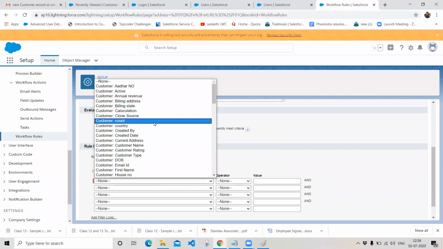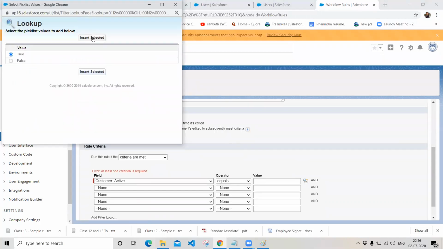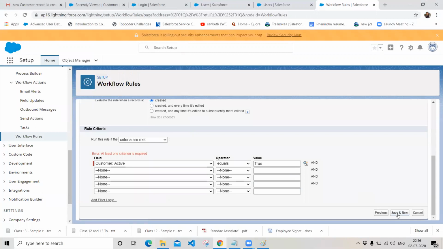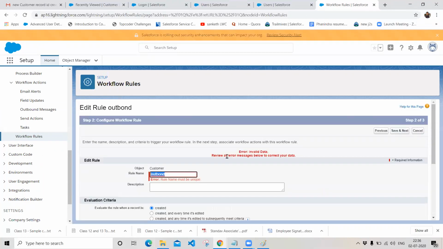So we haven't specified the rule criteria. Whenever the customer status active equals true, so whenever a customer record is created with status active equal to true, I want to create an action called outbound message, and click on save and next. It is showing me an error, invalid rule name.